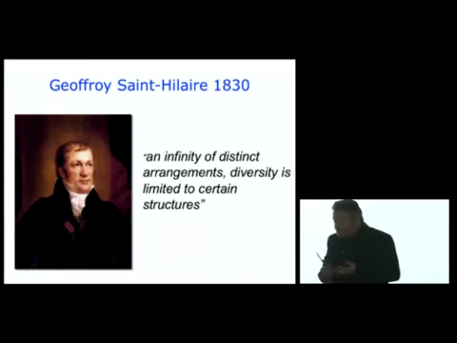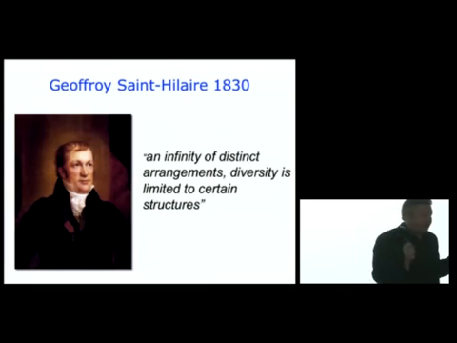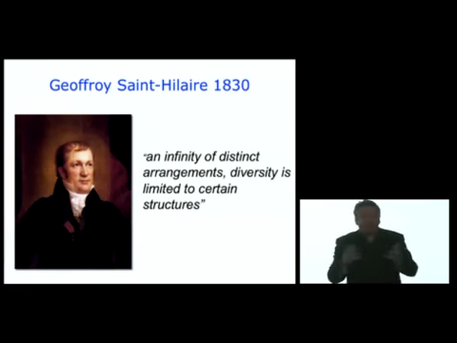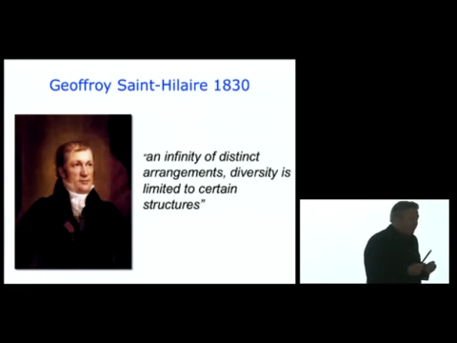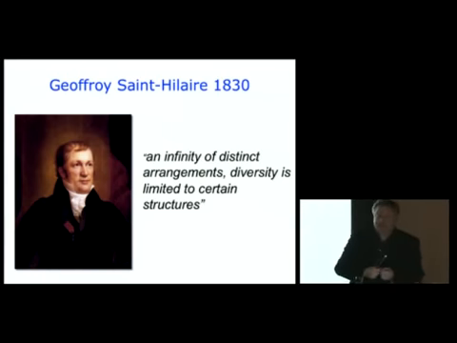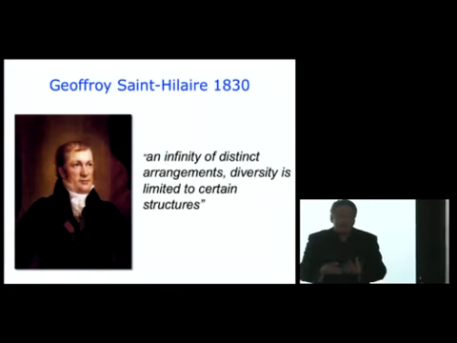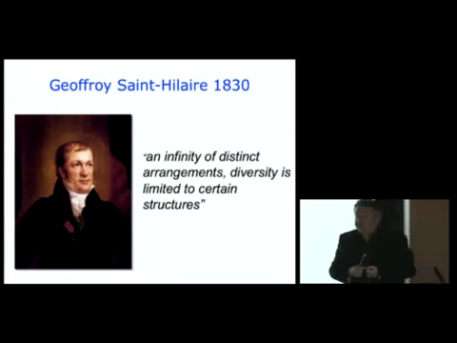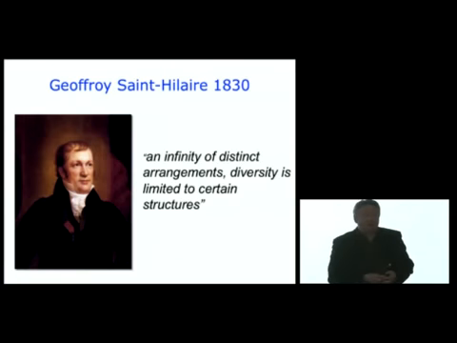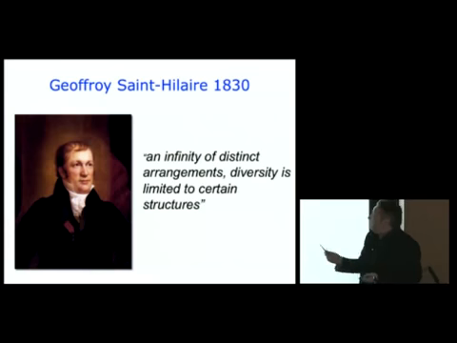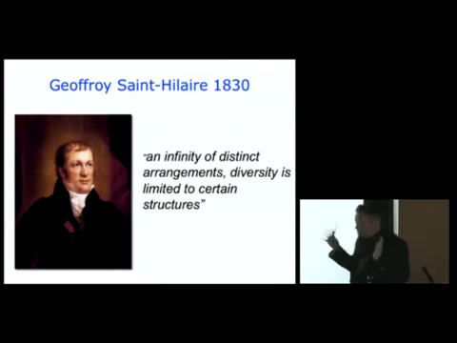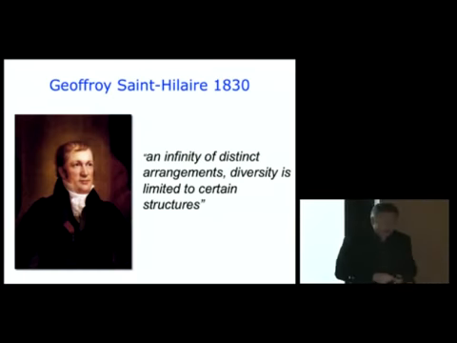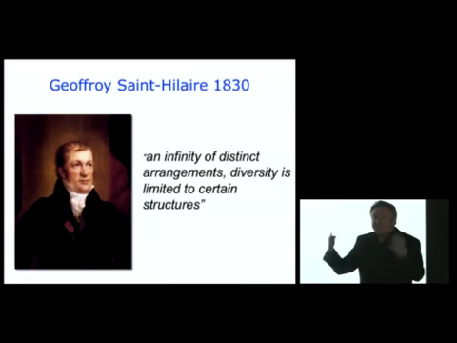Prior to the Darwinian revolution, very influential people, and you can see here a picture of Geoffroy St-Hilaire, were fascinated by this diversity, but thought that underlying it could be discovered, if we peeled away the superficial similarities, some deeper universal laws of composition or laws of form that reflected the plan of a creator. This was the formalist school of classical morphology. You can see him saying here that, despite an infinity of distinct arrangements, this diversity is limited, it's constrained in certain ways. And St-Hilaire thought it was constrained by these underlying universal laws of form, snowflake principles, if